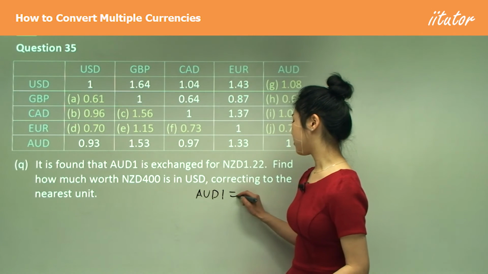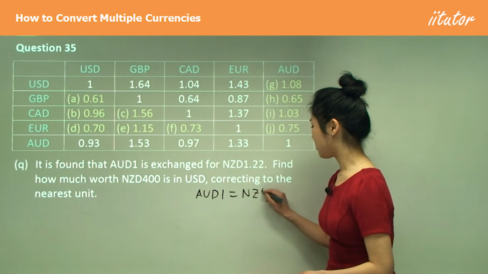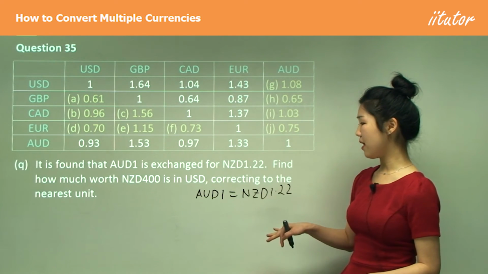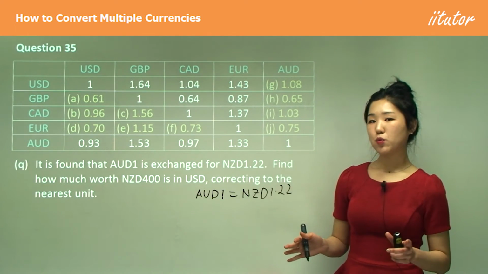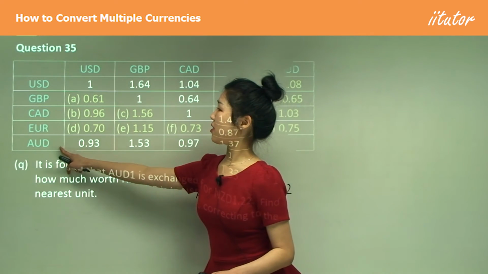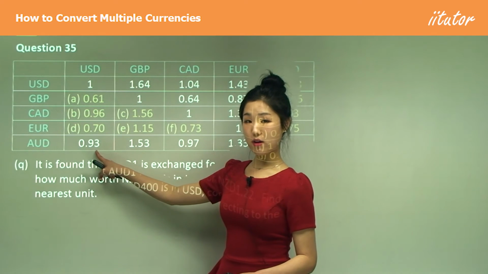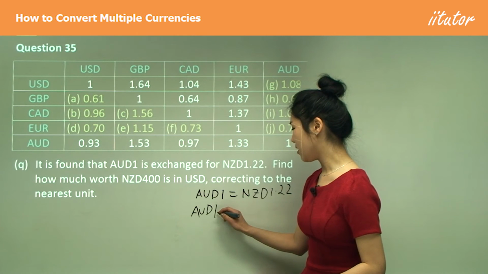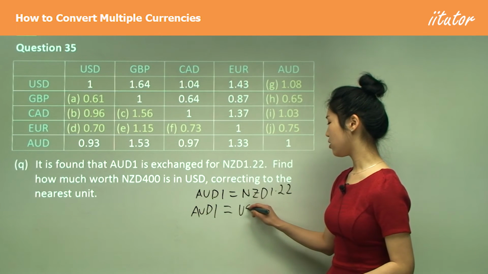AUD 1 equals 2 NZD 1.22. Right? I just wrote exactly what they told me there. What's the relationship between Australian dollar and USD? You can see that 1 Australian dollar is equivalent to 0.93 USD. So I can say AUD 1 is equivalent to USD